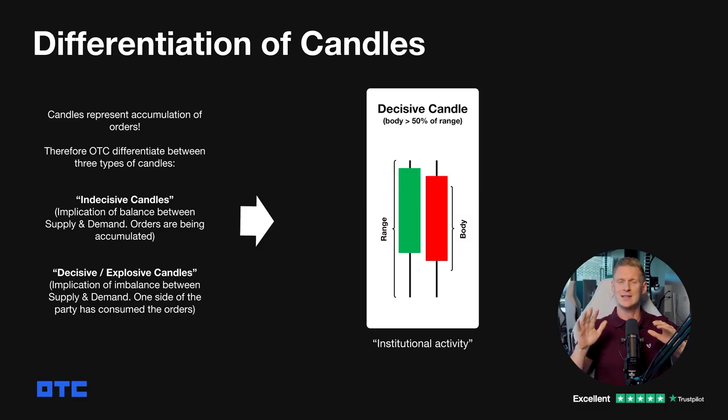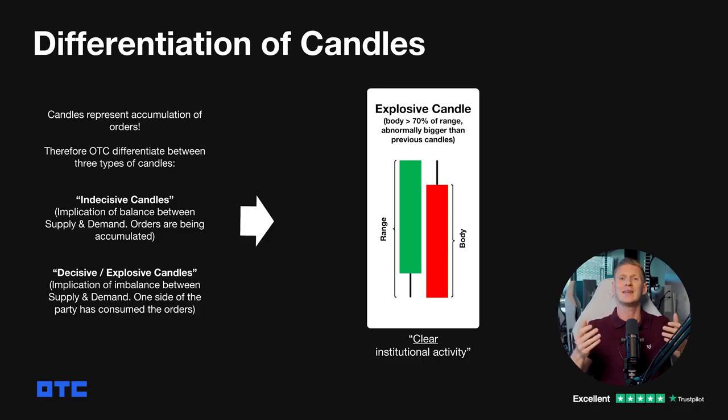By contrast, a decisive candle has a body that exceeds 50% of the total range. This is where either buyers or sellers have taken charge, creating a clear shift in momentum. Finally, explosive candles are an intensified form of decisive candles. The body covers more than 70% of the entire range, with minimal wicks. They tend to appear much larger than preceding candles. This kind of price action often signals a powerful imbalance in the market, usually driven by institutional orders, rapidly absorbing